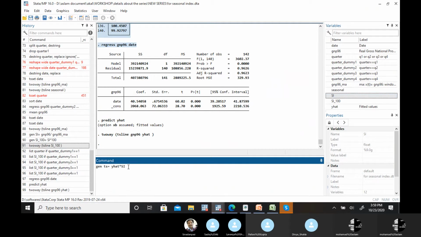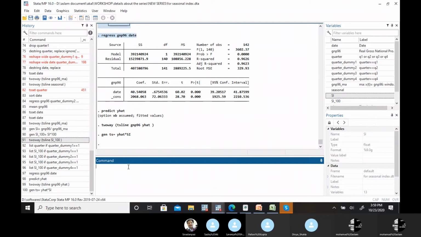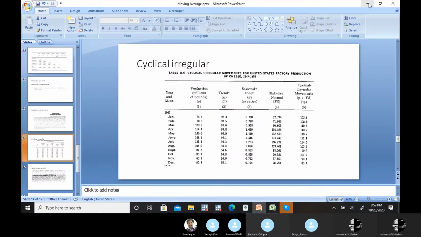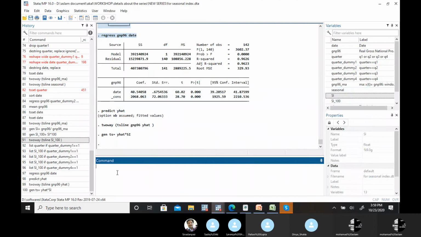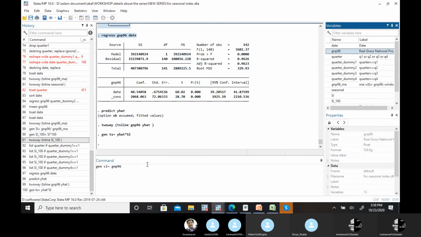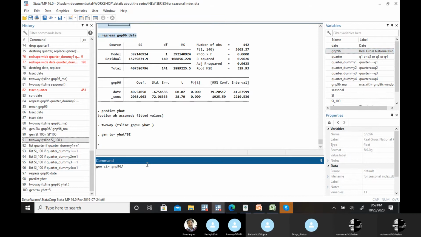And this is our TS. And now take a division of actual data by this particular variable. So generate cyclical irregular component equal to actual data divided by T and S.